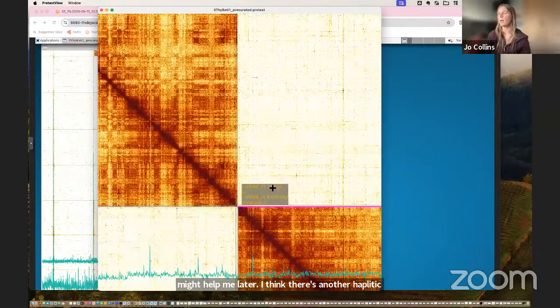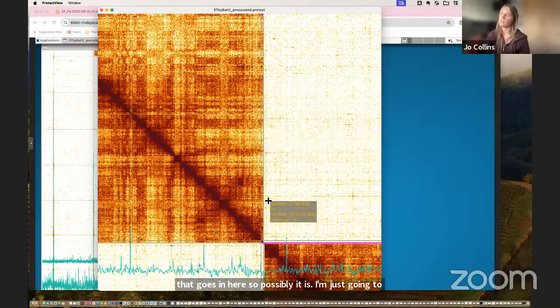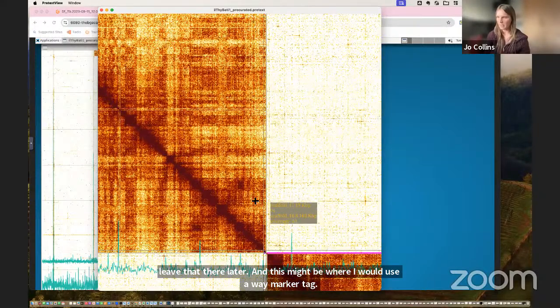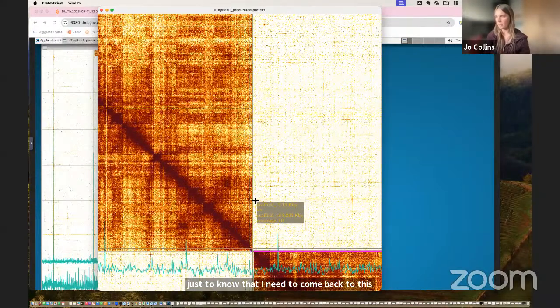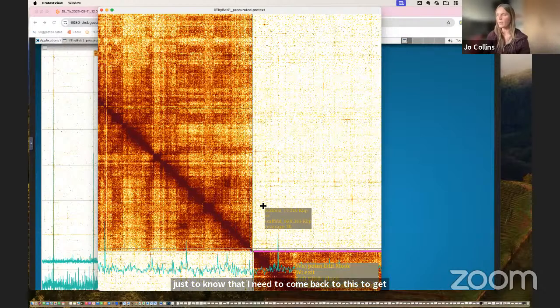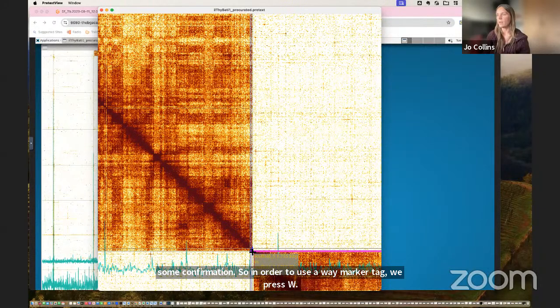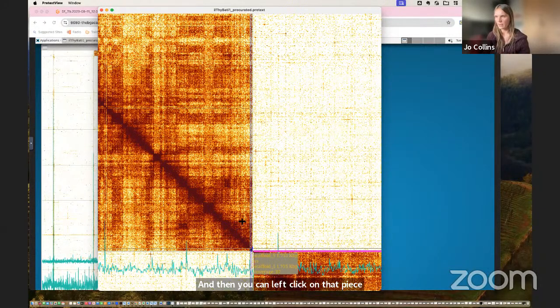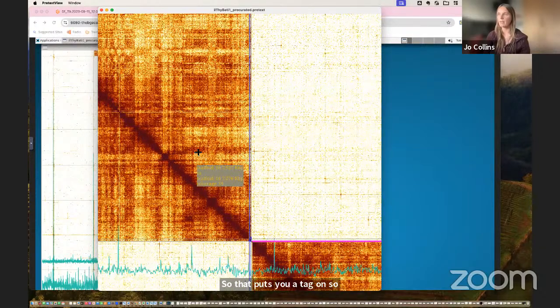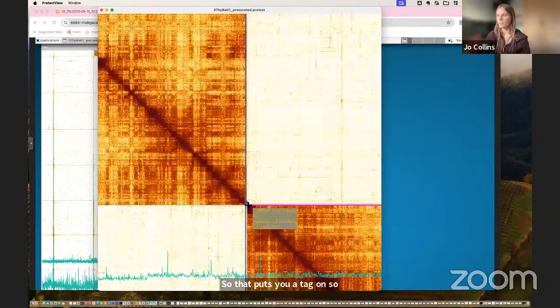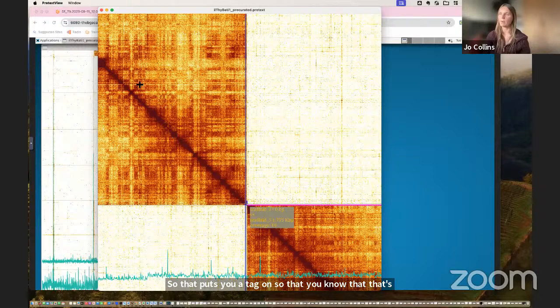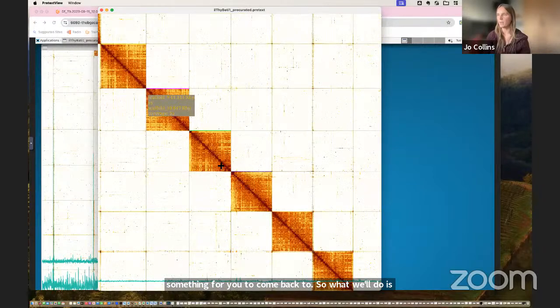And this might be where I would use a waymarker tag, just to know that I need to come back to this to get some confirmation. So in order to use a waymarker tag, we press W, and then you can left click on that piece. So that puts a tag on so that you know that that's something for you to come back to. So what we'll do is we'll go back to the scaffold that we took it from, which was scaffold 5, and we'll carry on